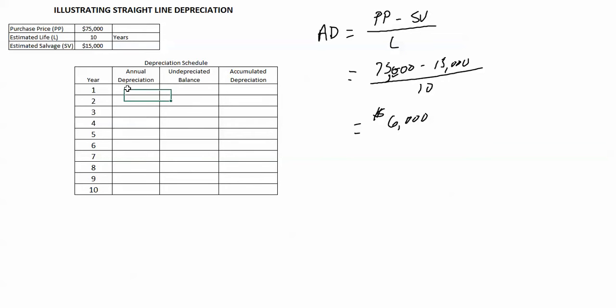So let's start here and calculate this depreciation using the formula just illustrated. What we'll do is we'll go equals, and I'll take the purchase price. Now I'm going to hit F4 so I can make that an absolute reference, minus the salvage value, and I'm also going to make that an absolute reference with F4, divided by the life, and again I'll make that an absolute reference. So there's my 6,000. Because I made all of those absolute references, I can copy that all the way down,